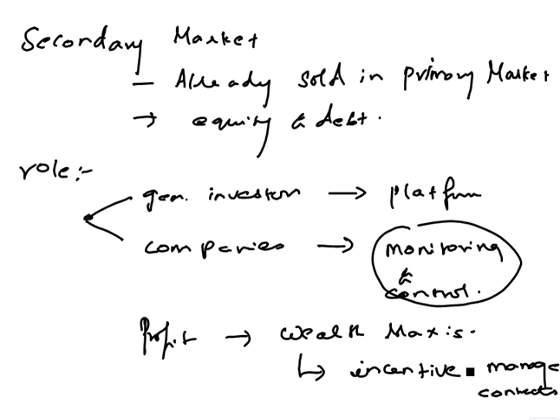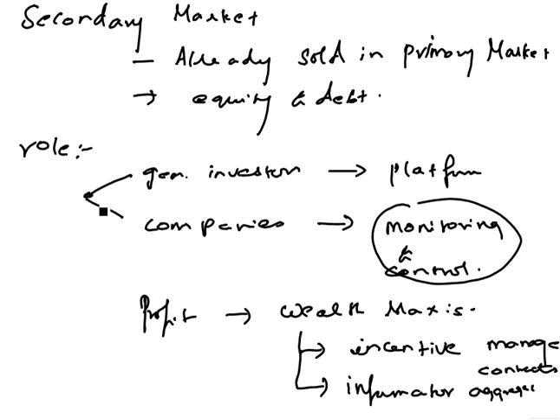This can be done so that the managers who are usually profit minded, or who are focusing more on profit maximization, can now do even wealth maximization. So this actually serves as an indicator. Another one is, it also serves as an information aggregator. By looking at the behavior of the people and how my stock performs in the market, I know how my company is being valued by the different stakeholders. So in a way, it is an information aggregator for me. In this way, the secondary market is helping the company. These are the two roles I would say for the secondary markets.